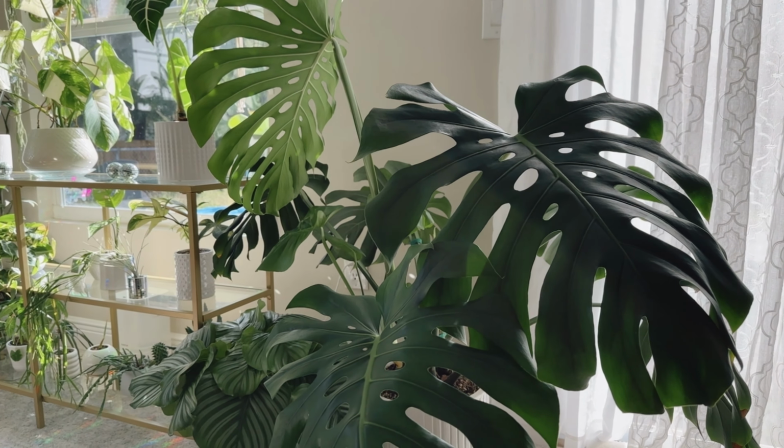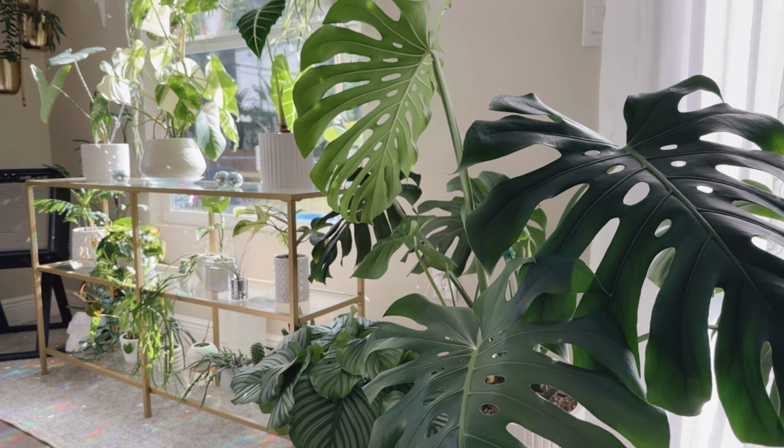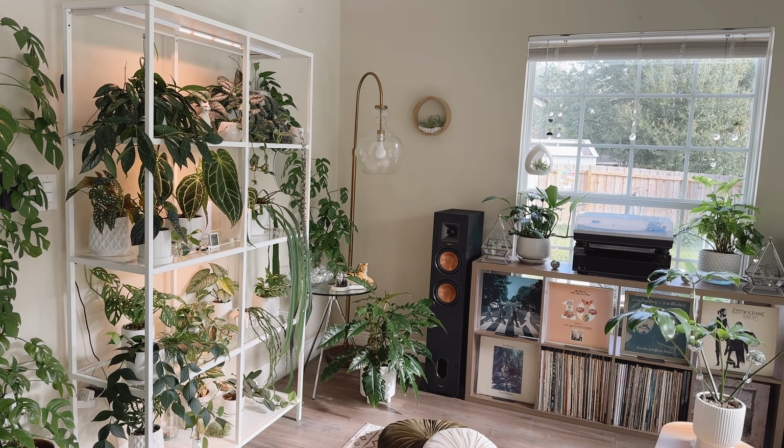And I know we joke about, oh, there's always room, or you can't have too many plants. You really can. Plant chores were just taking up too much of my time. I was stressing out. Something needed to change. So like I said before, I got rid of a lot of my plants. It took such a weight off my shoulders